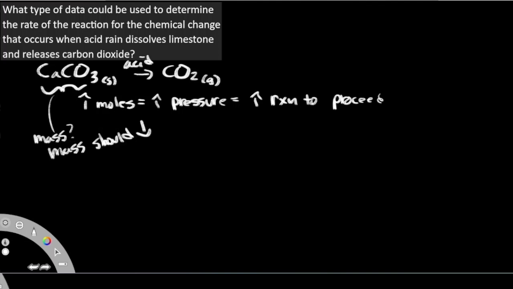So the mass should decrease because more CO2 is being released as one of the products. So this is the method that we're going to be using, method number 2, to determine the average rate of a chemical reaction. We're looking for average rate, right? So what's the first thing that we're going to be doing? We're going to be writing out the average rate,